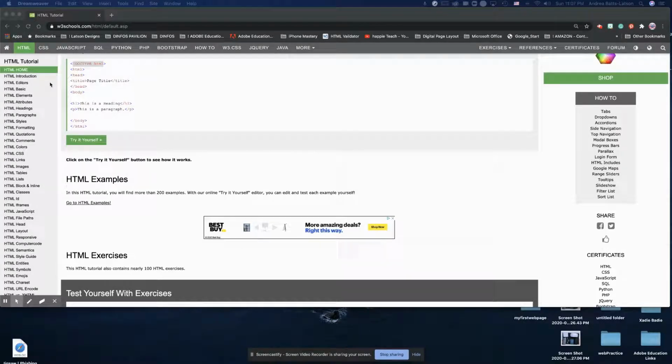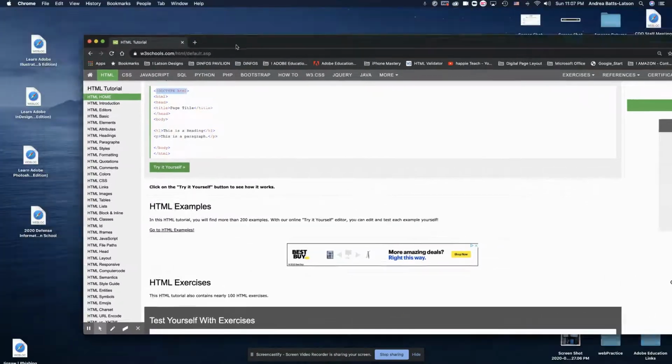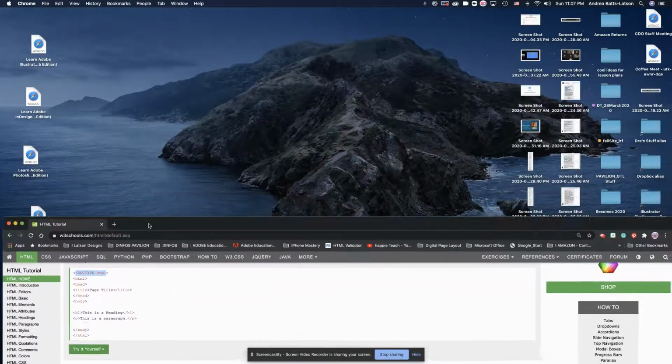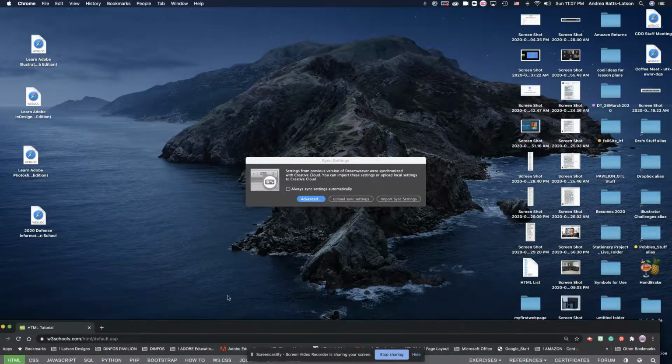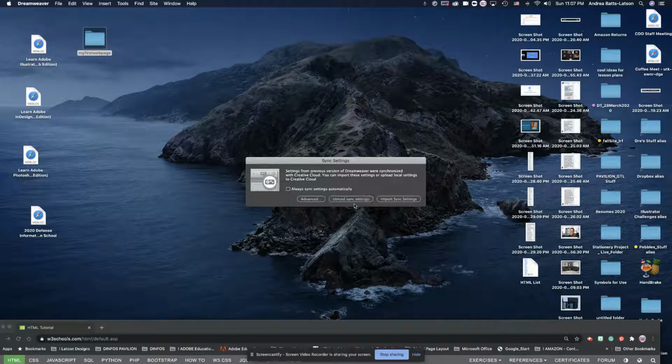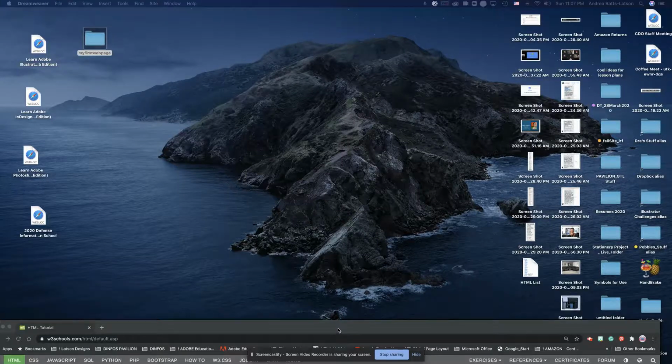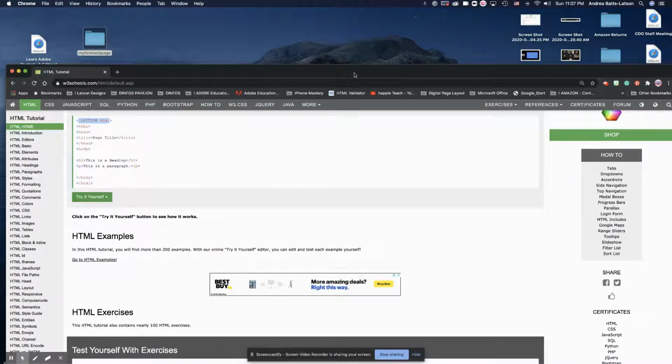All right, so now once I do that, it's going to create that folder of my first website. Let me see. There it is. It created this folder down here. And I'm just, okay, so you might not get these options. I've had Dreamweaver before, but I'm going to go ahead and choose upload to sync my settings. Okay. If you get it, that means you've had Dreamweaver before, and you can just go ahead and sync your